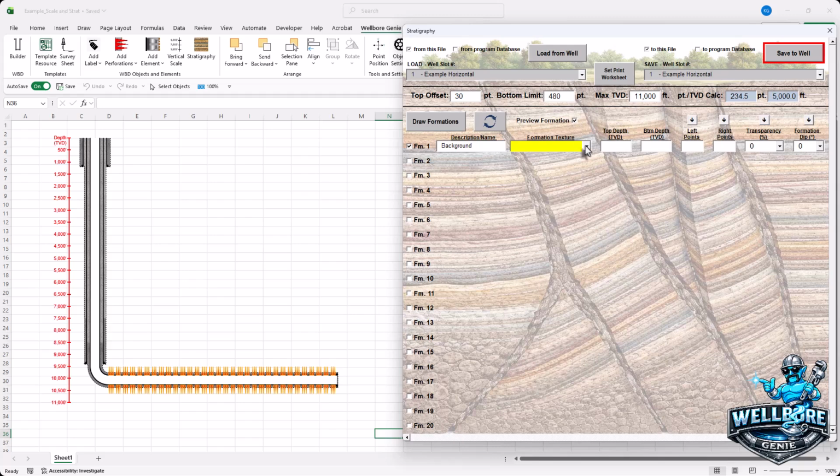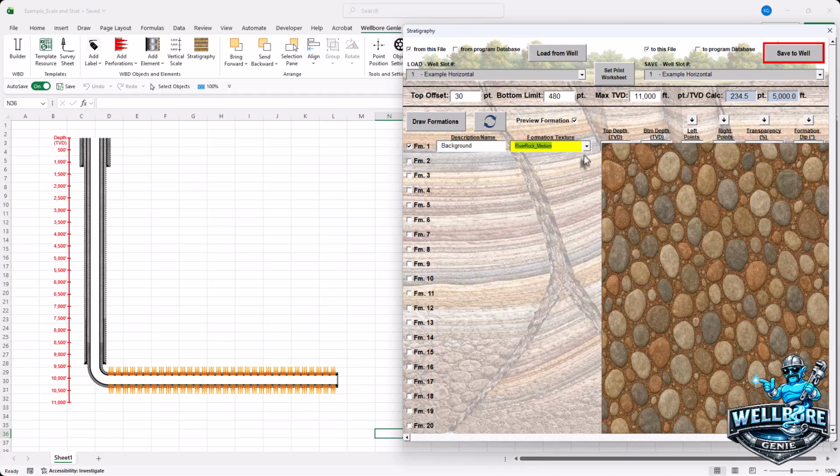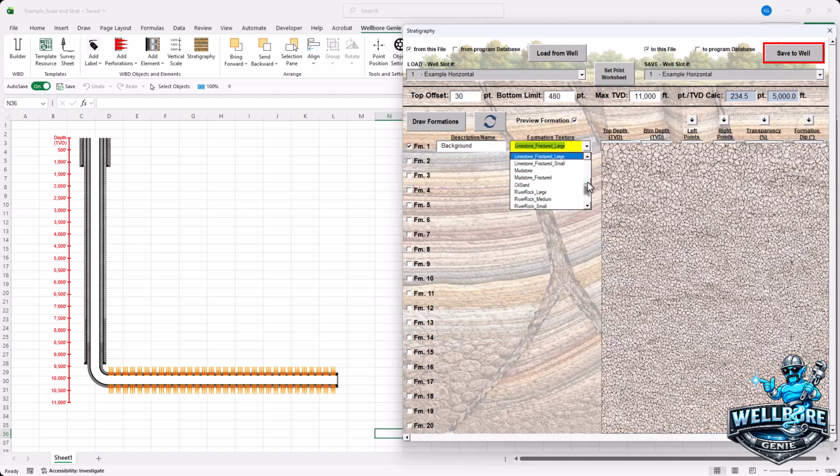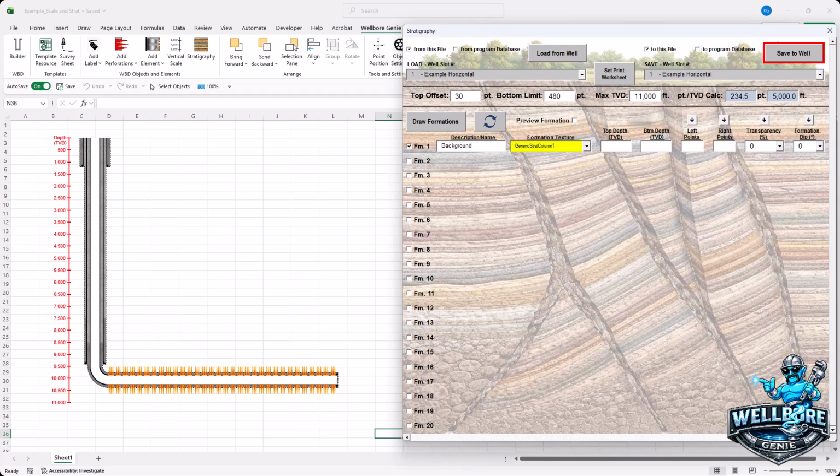Check the Preview Formation box at the top. You can browse the menu and see a preview of each texture when you select it. Note that these textures do not preview to scale. They are simply to give you an idea of the texture before you draw the stratigraphy. We'll select General Strat Column 1 at the top and then uncheck the Preview Formation window to fill out the